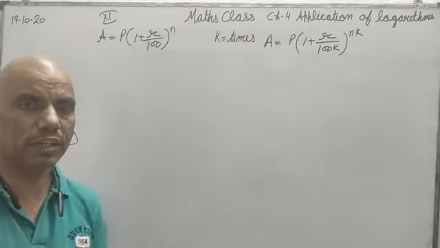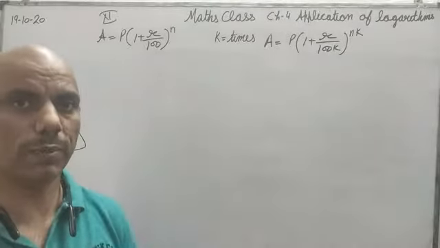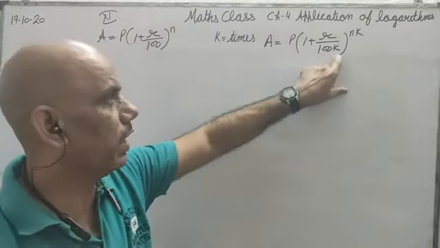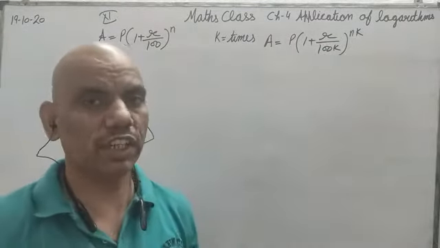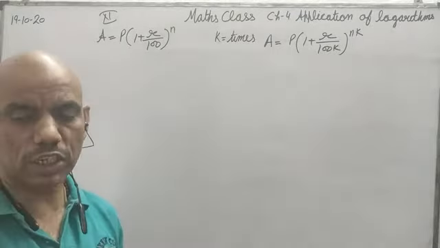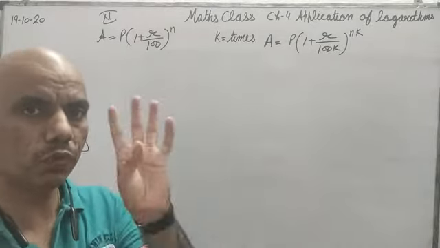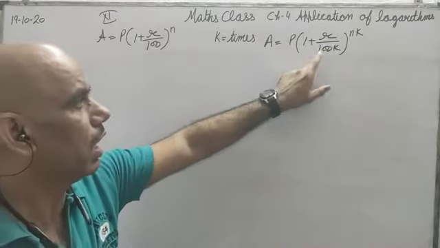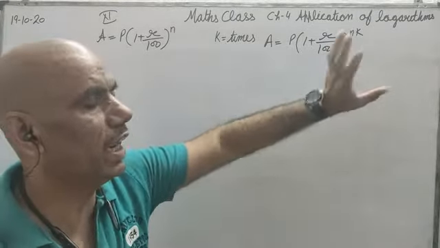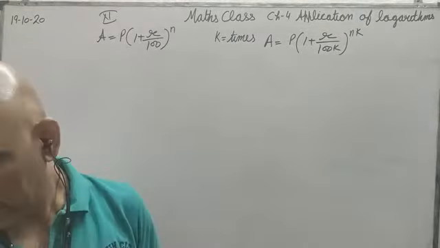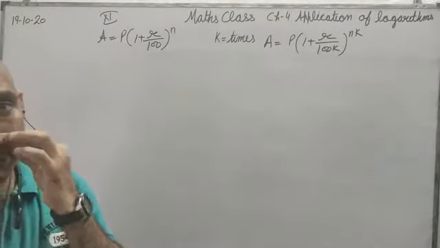This means that if interest is half yearly, it will be calculated 2 times, so 100 into 2 and n into 2. If it is quarterly, interest will be calculated 4 times in a year. It means 100 will be multiplied by 4 and n will also be multiplied by 4. Thereafter, what else may be a case?